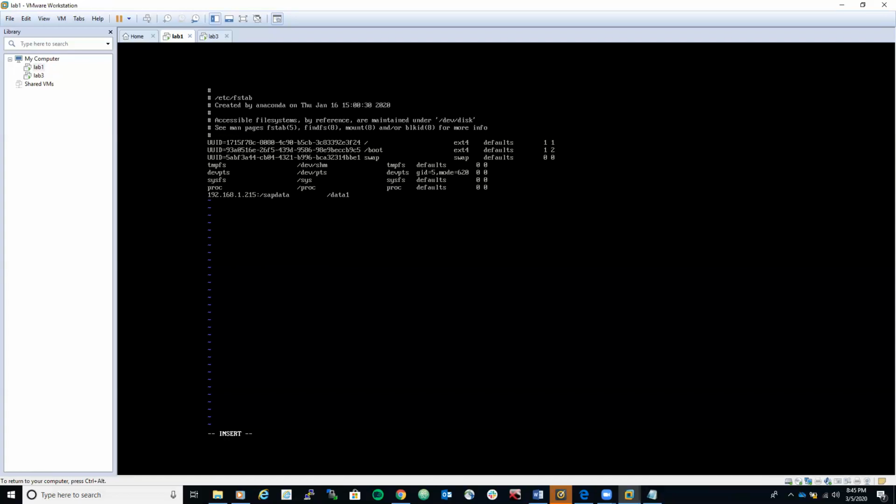All right, so I want it to be mounted as data 1. The next parameter that we're going to add is the file system type. This is not an XFS, this is not an ext4, because we didn't do anything like that. This is NFS, because we're working with NFS right now. So this is an NFS file system, followed by defaults